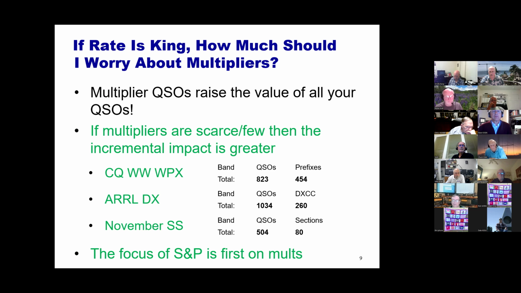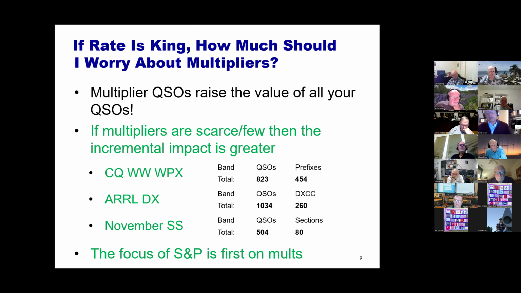So these are some band, I shouldn't say band because I crossed out the bands, but this is the total QSOs, total prefixes for Roby in 3 different contests. WPX, where you can see 800 Qs and 450 prefixes. ARRL DX, where there's about a quarter, right? 260 out of 1,000. That was a really good performance there, Roby. And in November SS, 500 Qs, 80 sections. And typically,